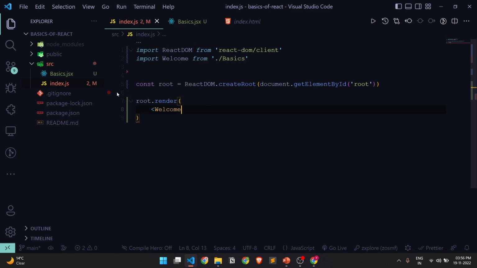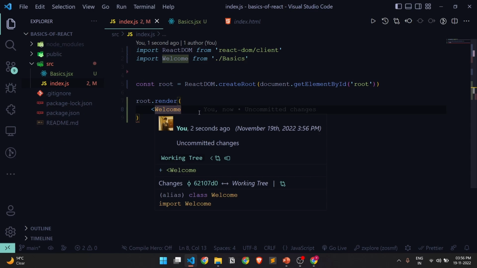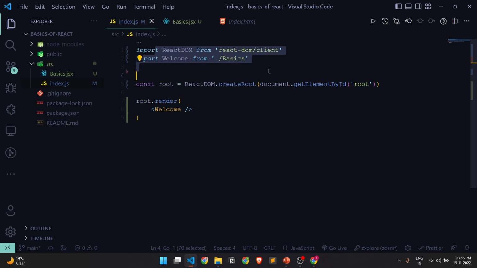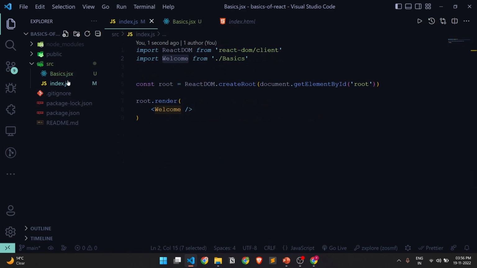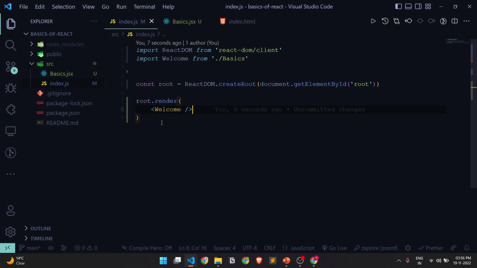VS Code automatically uses IntelliSense to give this for us. So it's importing that Welcome element that we exported, and we can directly use it as a tag, right? What it will do is it will render this Welcome JSX tag in this root element. So now if we see,